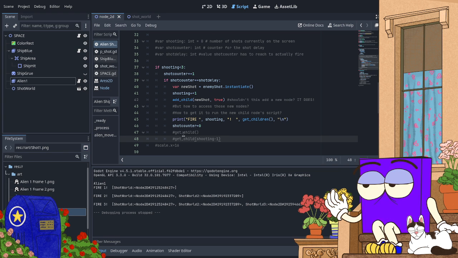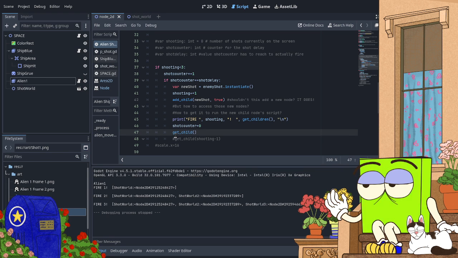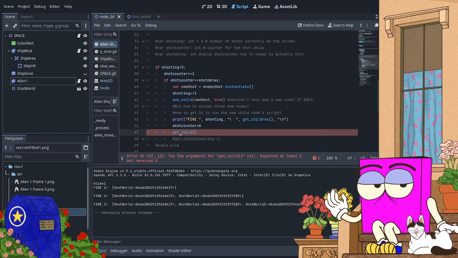Because I'm pretty sure the index starts at 0. Maybe? I'm not sure. Wait, I think it says it starts at 0. The first child is at index 0. I don't know if that's showing up, and why aren't I seeing a screen here?